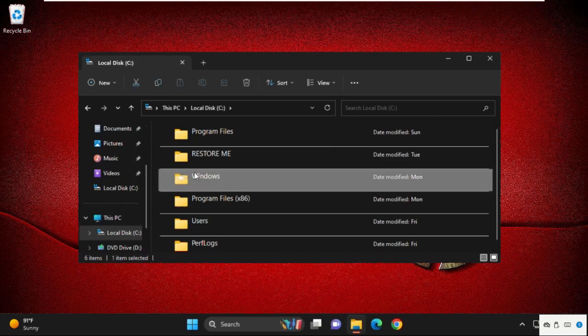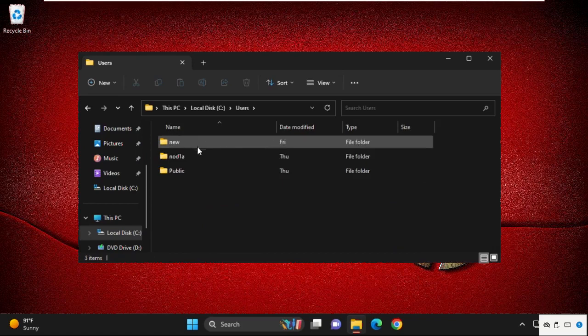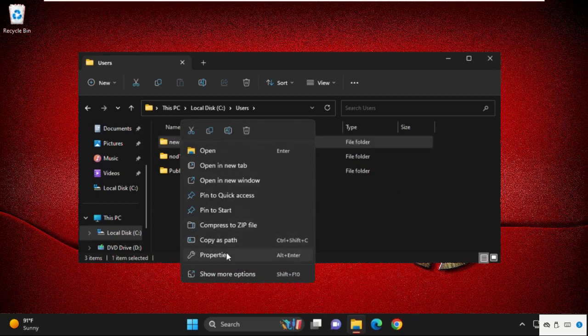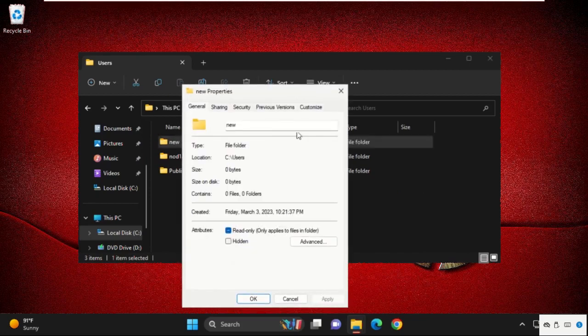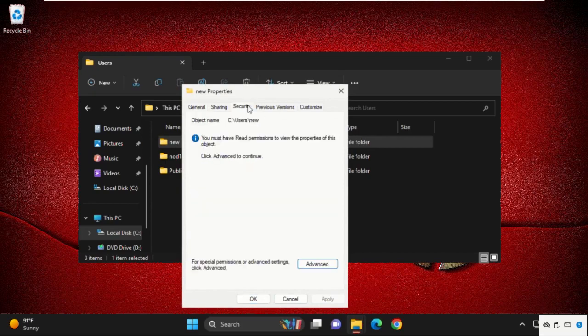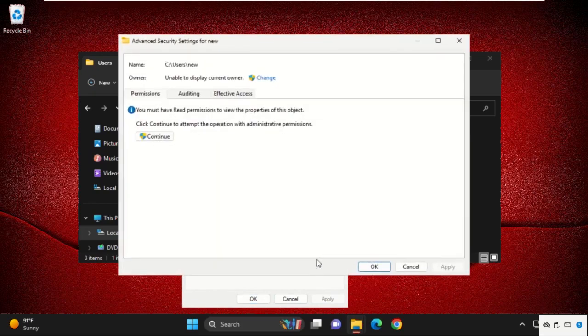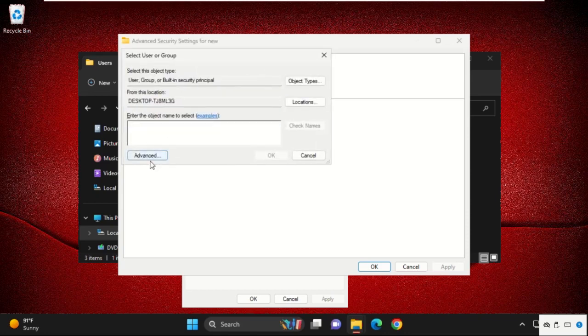So first of all, for example, we are going to choose this folder. So here it is. Simply select it, then open its properties. Now go to the Security tab, then select the Advanced tab, then we need to click on Change, and from here we